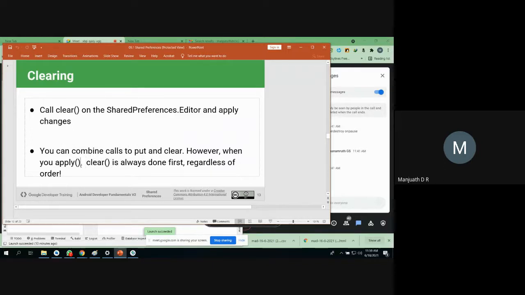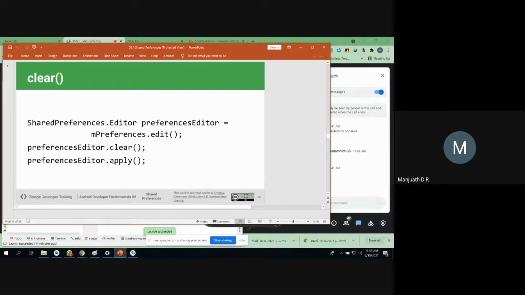Apply is the permanent way you can use. If you apply it and then use clear, nothing happens because it retains the old data again. So this is how you can do it. First, you have to call clear before. If you wish your saved file to contain nothing, then you just use clear, and that too before apply.